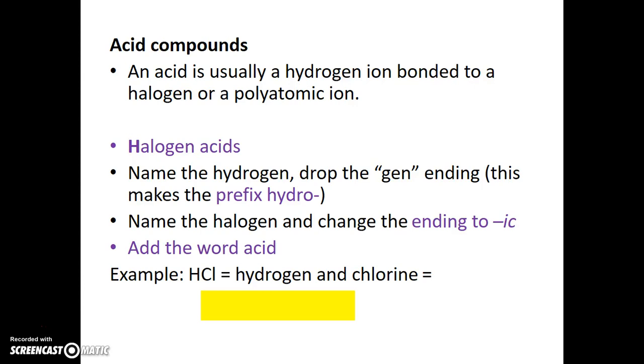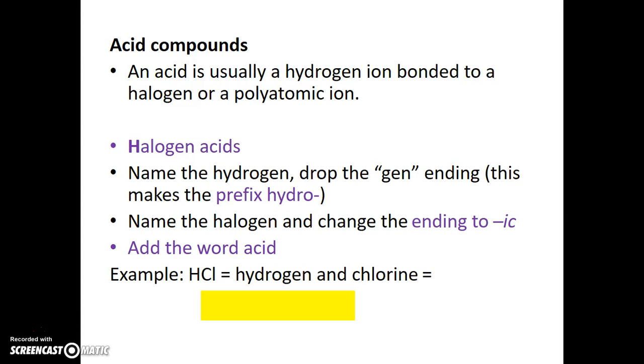Last but not least, there's a rule about acids. First of all, you have to know that acids will begin with hydrogen and then will be followed by one of the halogens or a polyatomic ion. So again, if a compound starts with hydrogen, it is possibly an acid. Check what follows the hydrogen. If a halogen follows the hydrogen or a polyatomic ion follows the hydrogen, it is an acid and should be